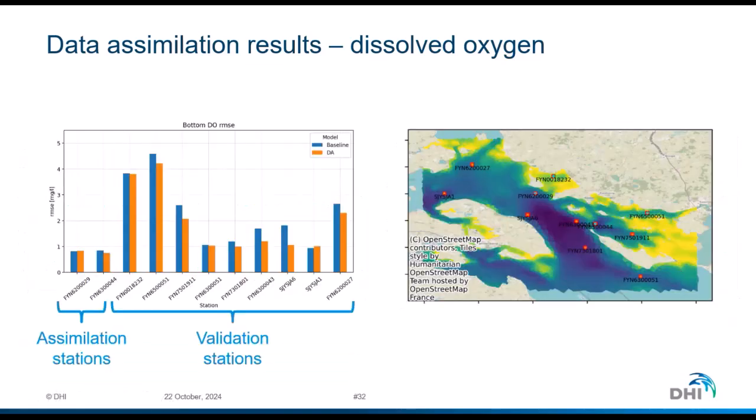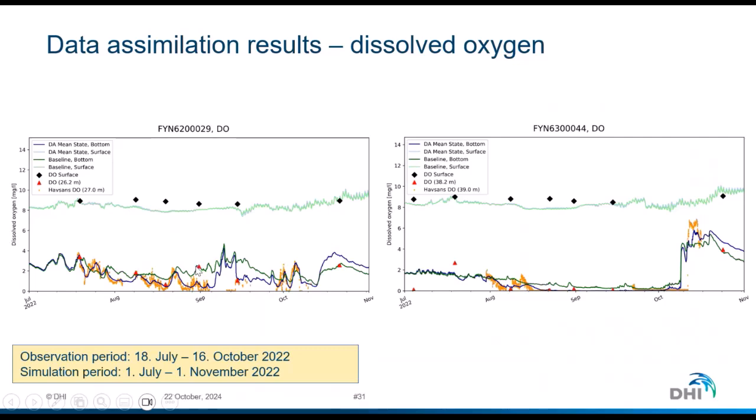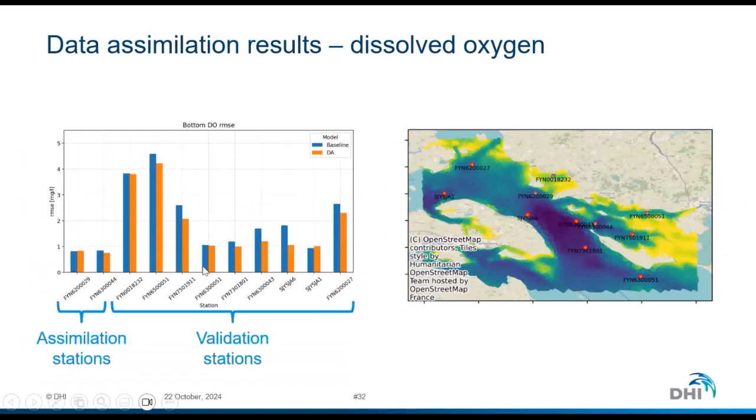So this is the overall result from the model, from both the two data assimilation stations and also a lot of validation stations. If we look at the data assimilation stations, we actually see no improvement in one of the stations located here, and the reason for that is that one of the measurements from the monitoring data is in disagreement with the Havsands data, and that's the reason the root mean square error is not improved when we compare to monitoring data, but when we compare to Havsands data, it is an improvement.